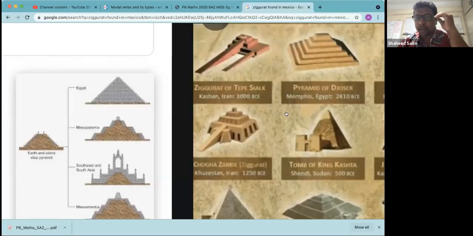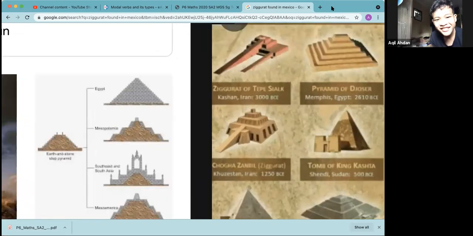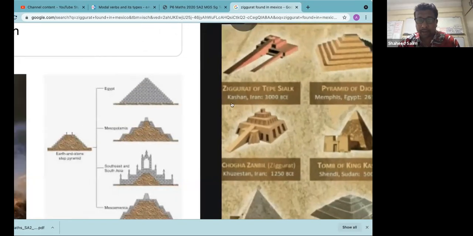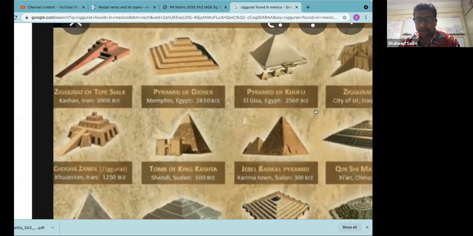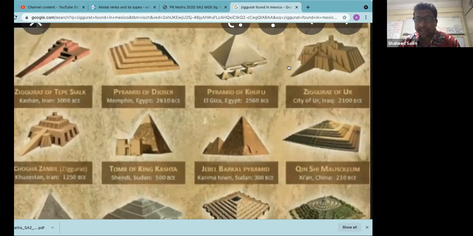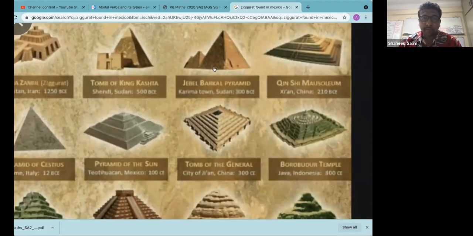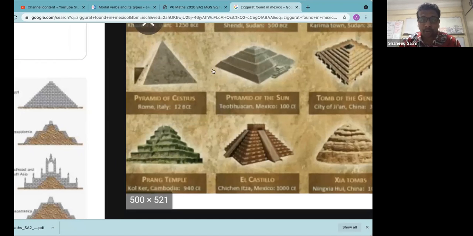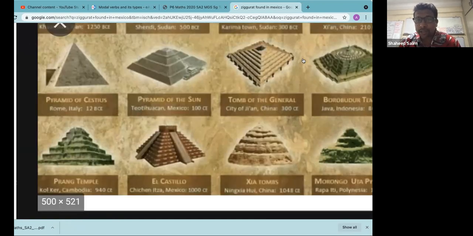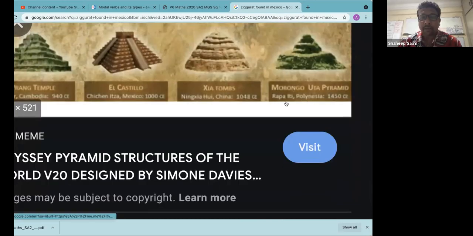You saw this now. Do you see what I showed you? Okay, those who didn't see, down here there are different places. In Iran, a different type of pyramid. Egypt down here. This one in Iraq. In China also there's something like that. China, Sudan, Iran, Italy also have something. Mexico, China, Indonesia also have. So in the olden days, people were building tombs like that. We do not know what this is. Okay. But anyway,